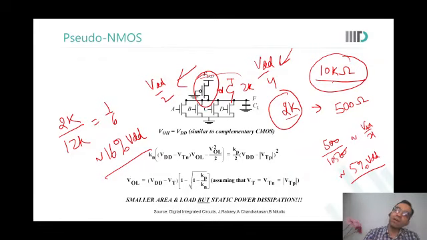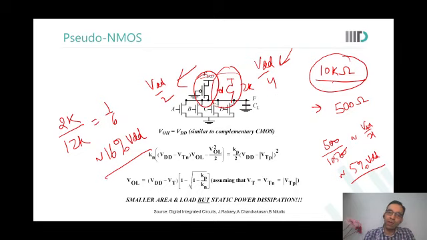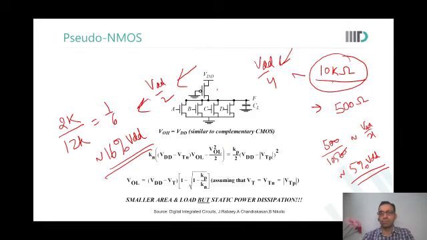Now when the evaluation is on, this PMOS will be on only during the evaluation period. When the evaluation is on, my effective PMOS resistance is only 2K, so the rise will also be fast. But once the evaluation closes, I would come to this 10K scenario, and then my output would be at 5% VDD and 16% VDD. So I get the best of both worlds. Are you able to see this now?